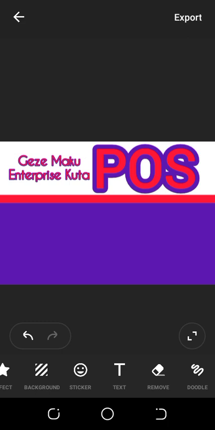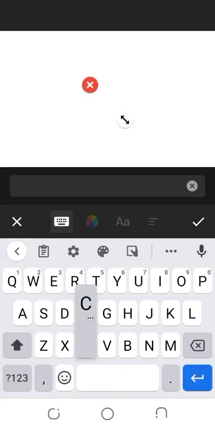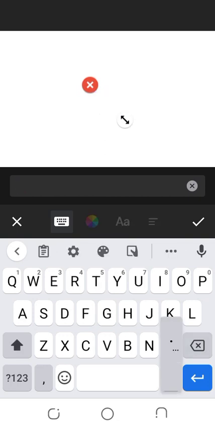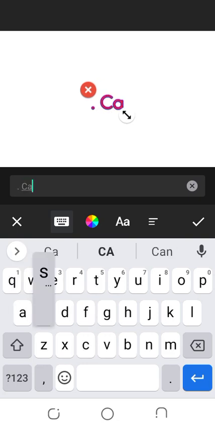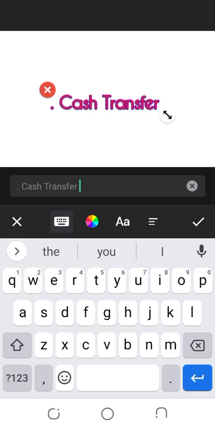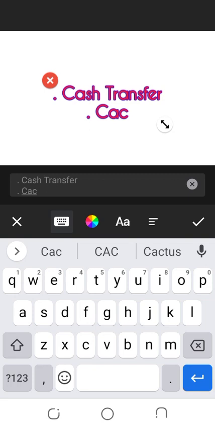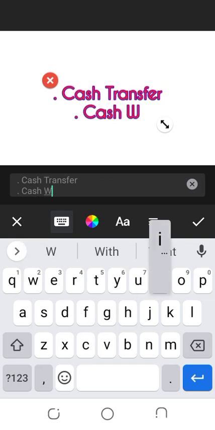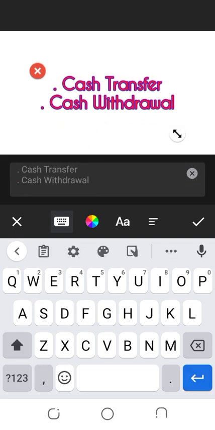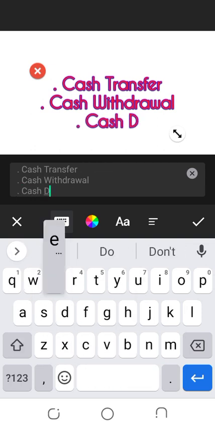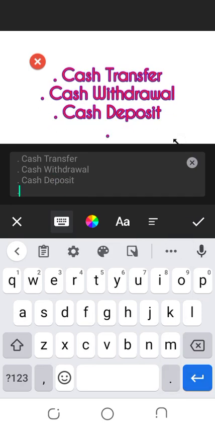Yes, that white space now is your background. So now I will come to text again and then I'll write cash. I'll put this dot first. Then I'll write cash transfer. I'll enter dot first and then cash withdrawal. Then I'll click on my dot again. I'll write cash deposits. Then I'll come here, I'll click on my dot, then I'll write